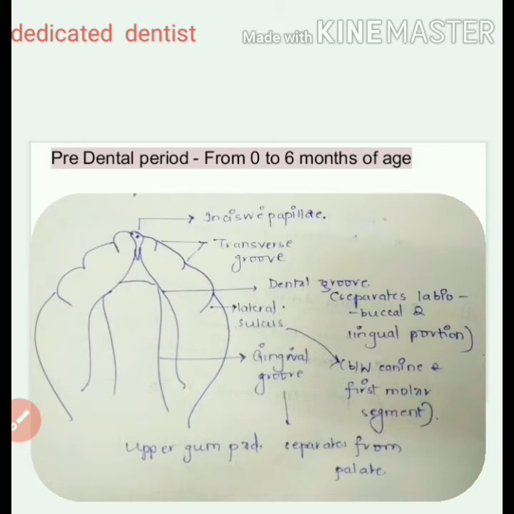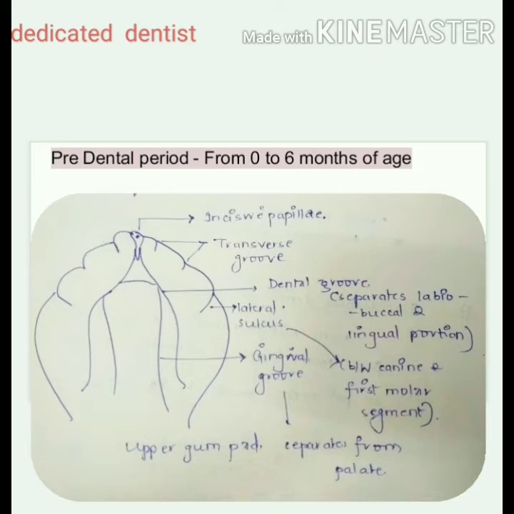So there are two portions of this gum pad, and this lateral sulcus is very important here. It suggests the location of the canine and first molar in the near future, and it helps in judging the inter-arch relationship at a very early age. Thus, it is present distal in the mandibular gum pad as compared to the maxillary. Now you see the gingival groove which separates the upper gum pad from the floor of the mouth and the palate. During the first year of age, there's rapid growth seen in the gum pads, mostly in the posterior region because it has to accommodate the molars, which have a greater mesiodistal width as compared to other teeth. So there's rapid growth taking place in the mandible during the first year of life.